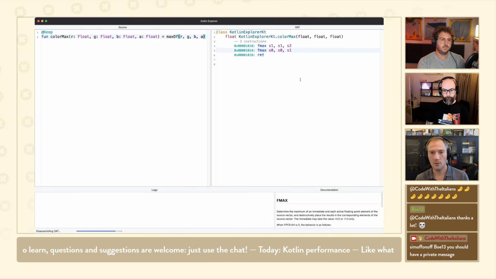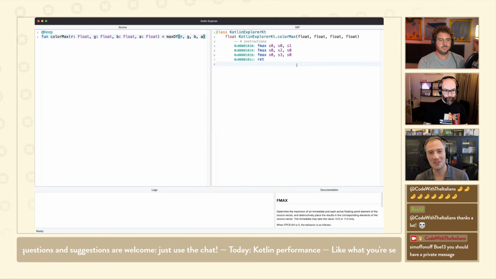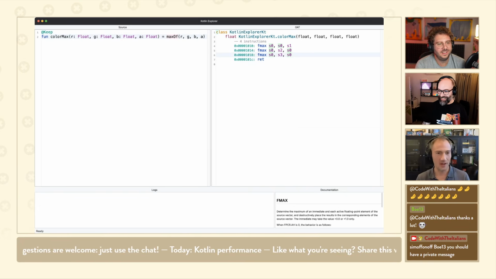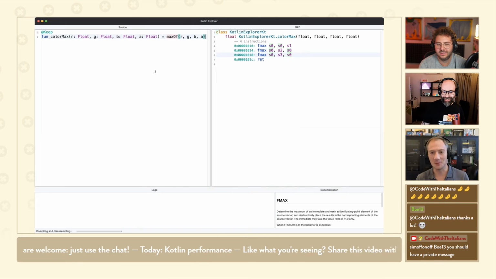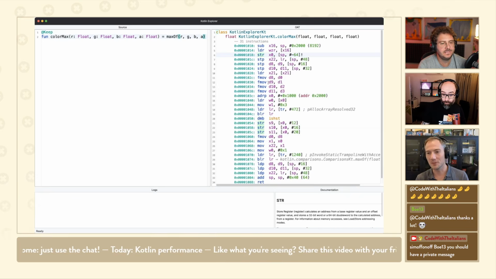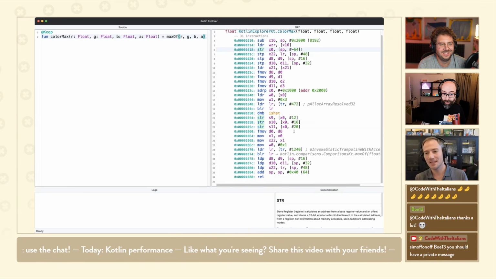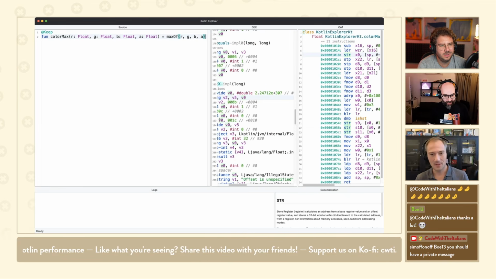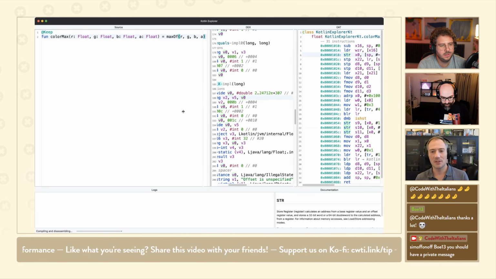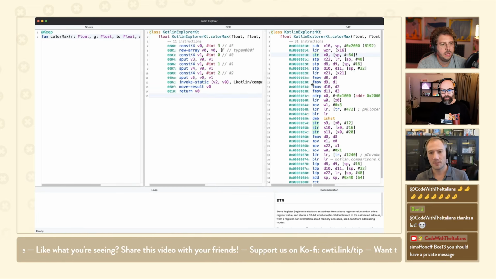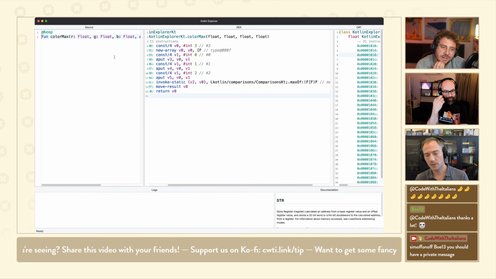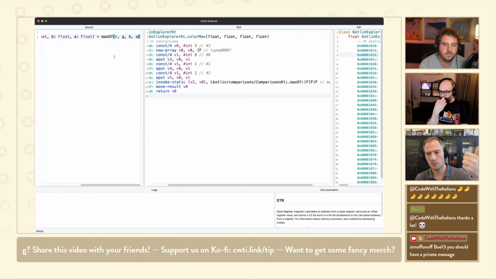Oh wait, because we optimize. We did the optimizations. So what was happening? Let's see if I turn off R8, or maybe it's because of the new versions of Kotlin. Yes. So if you turn off R8, what happens? How did this go from 4 to 31? And that's because if you look at the bytecode, it's allocating an array, because that's exactly what it is. Because what they did in the Kotlin standard library, they defined maxOf for maybe 1, but 2 and 3 parameters.